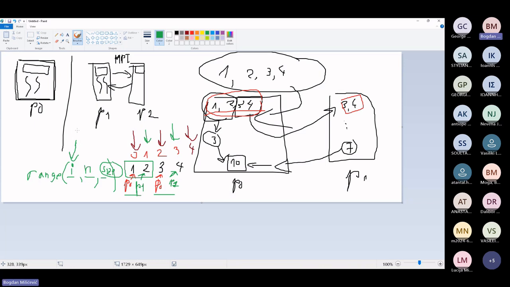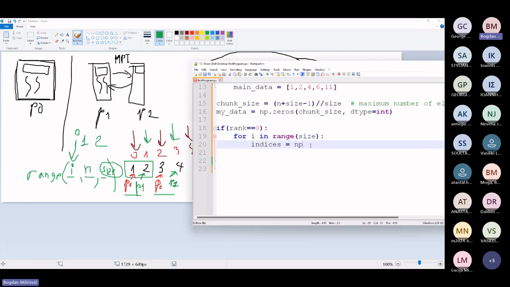So the process with number i, if number is 0, starts from 0. The process when i is equal to 1, that's process 1, starts from 1. It goes to n, it skips size elements. Process 2 goes from 2 all the way up until n, skips size elements. So we will have all of the processes like this with cycling indices. Just a second. Okay, so we will write this as